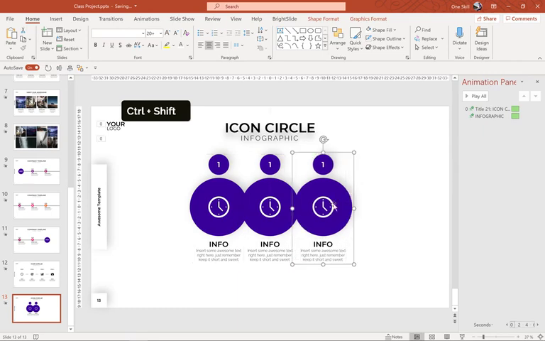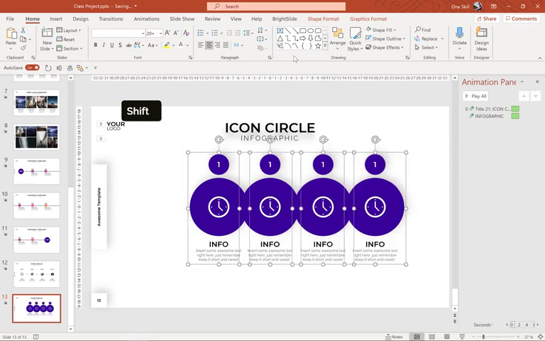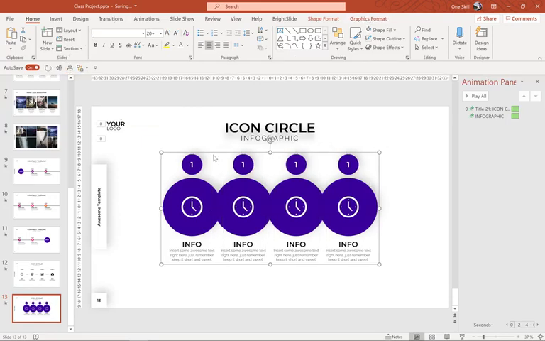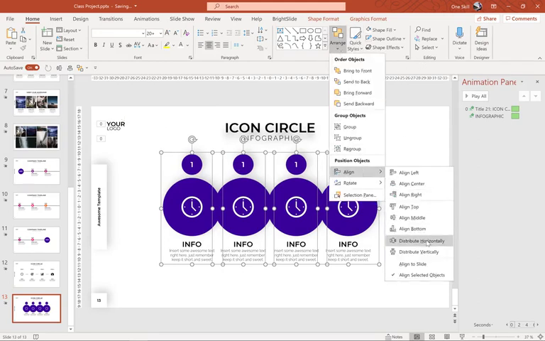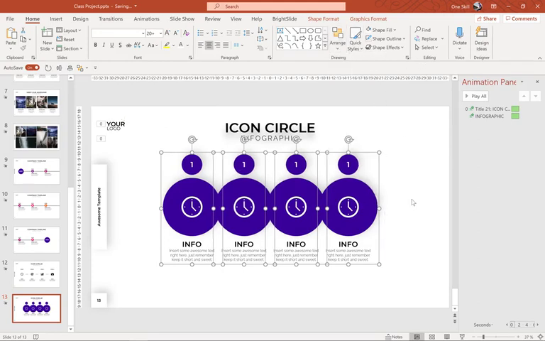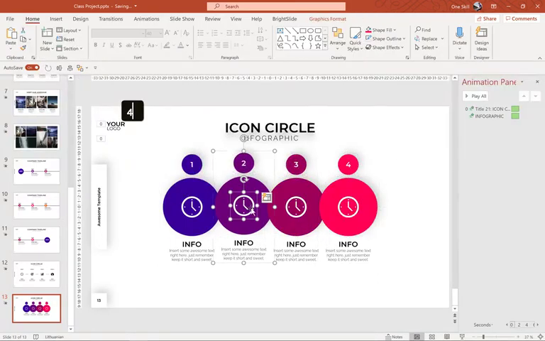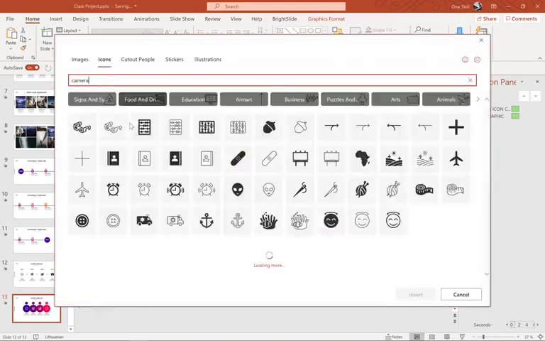Alright, so we can select all of these guys, we can group them into one big group, so it will help us to align all of them to the center of the slide. Then we can ungroup them again. Now let me just quickly change the fill colors, update the numbers, and update the icons. Alright,